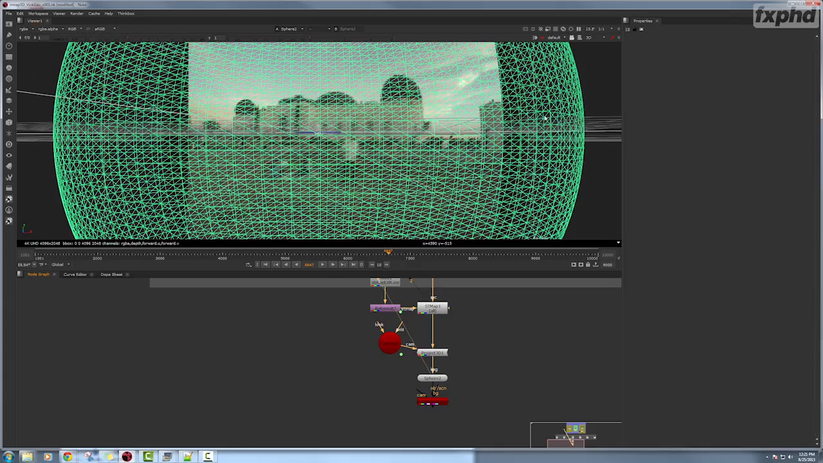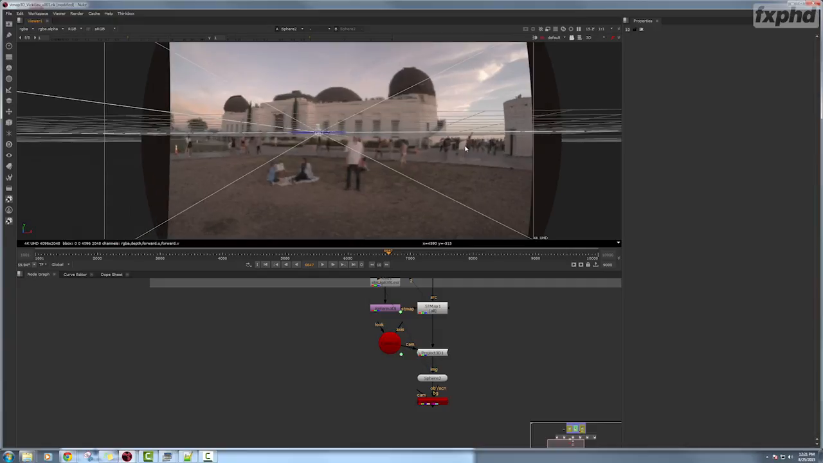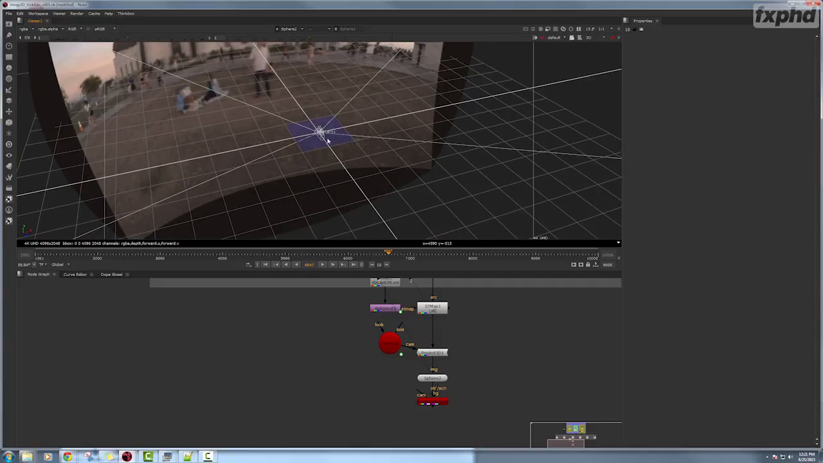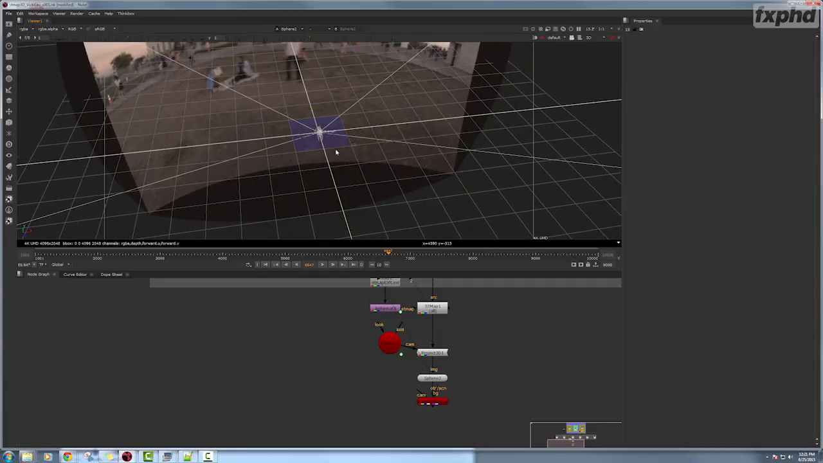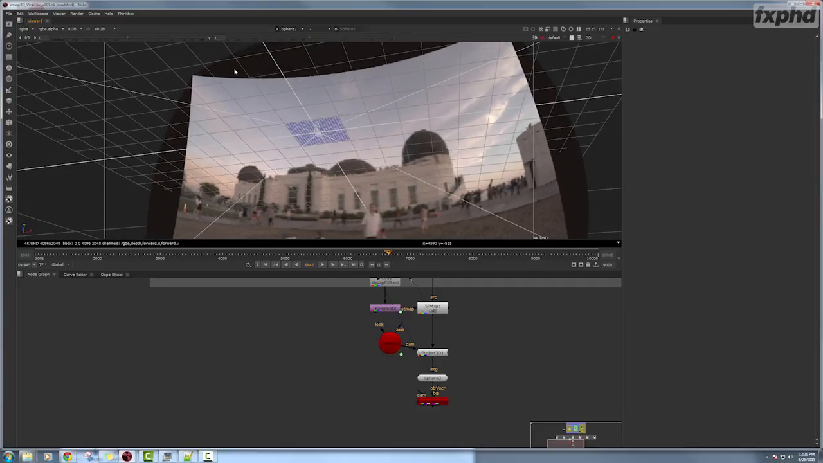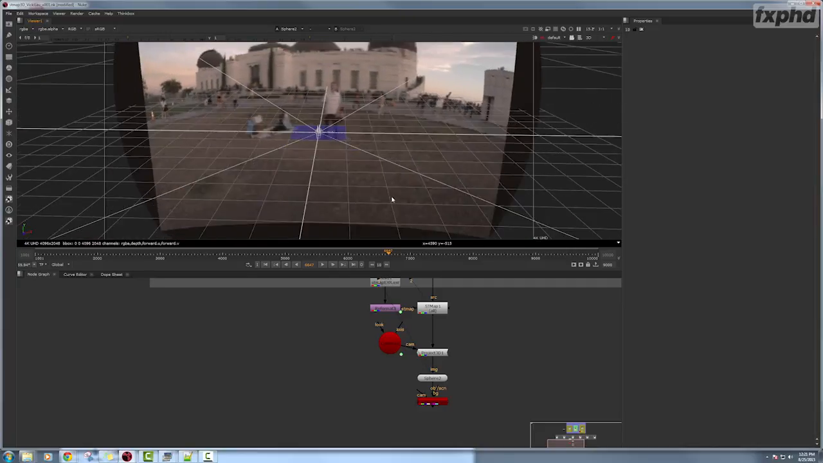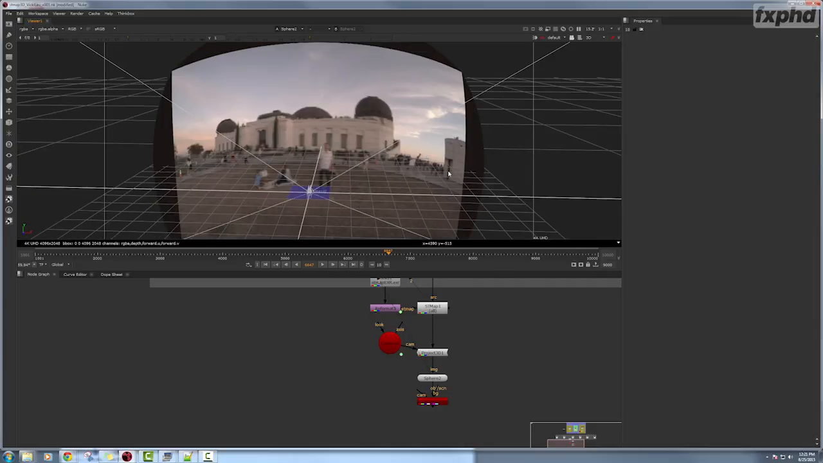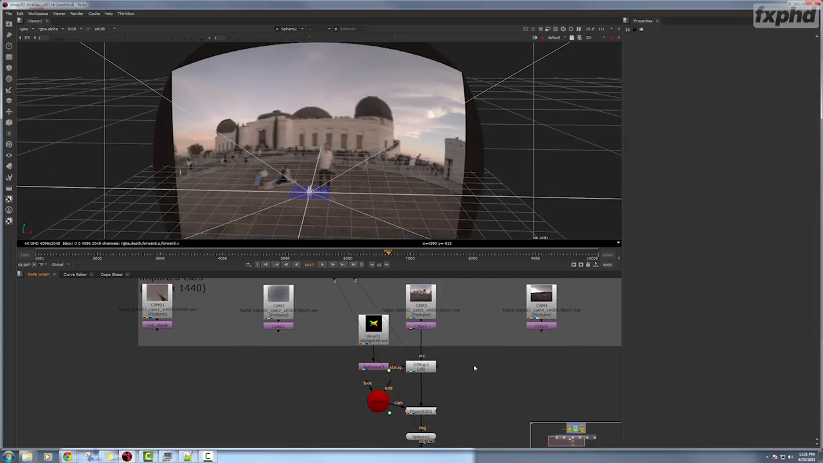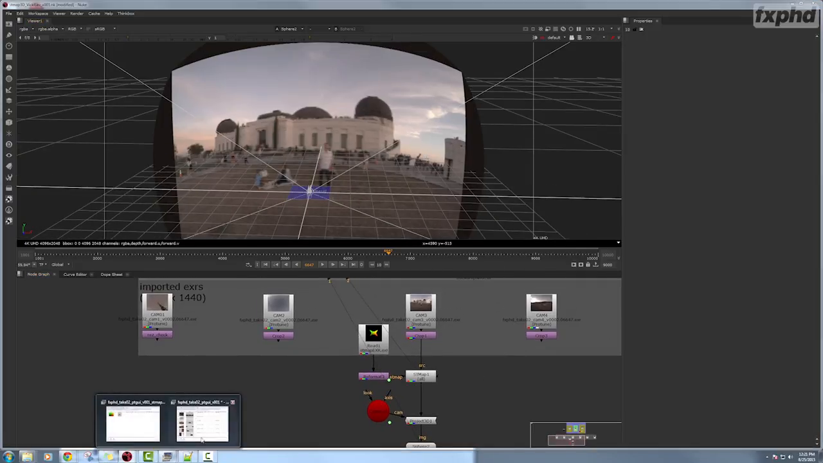Now let's see what this looks like in 3D. As you see, this is your center camera right here. I'm just going to keep calling this center camera, and you can see the alpha is giving us a little bit of an issue. Now, before we get to fixing the alpha, it is important to note that in PTGUI,